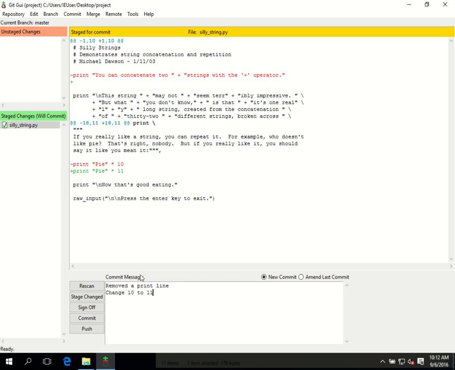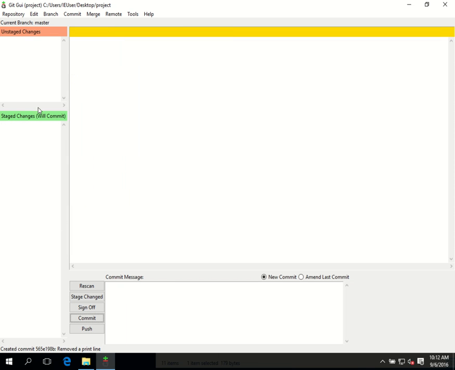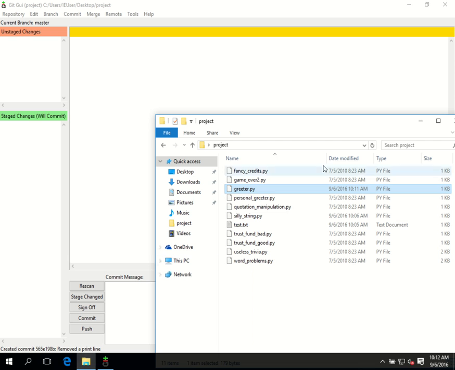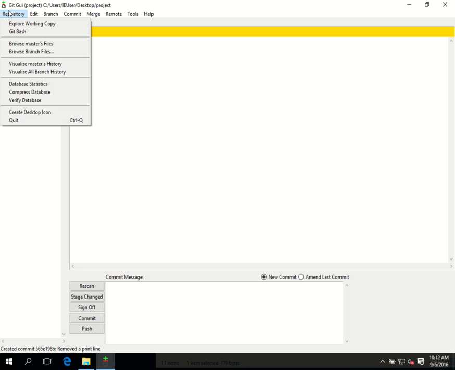In reality, we would be very specific on what changes we've made. So now I'm going to commit these, and now I have nothing in the unstaged area and nothing in the staged area, and that means that the contents of the working directory is a true reflection of what's in the local repository. To visualize those changes, we can go to visualize master's history,